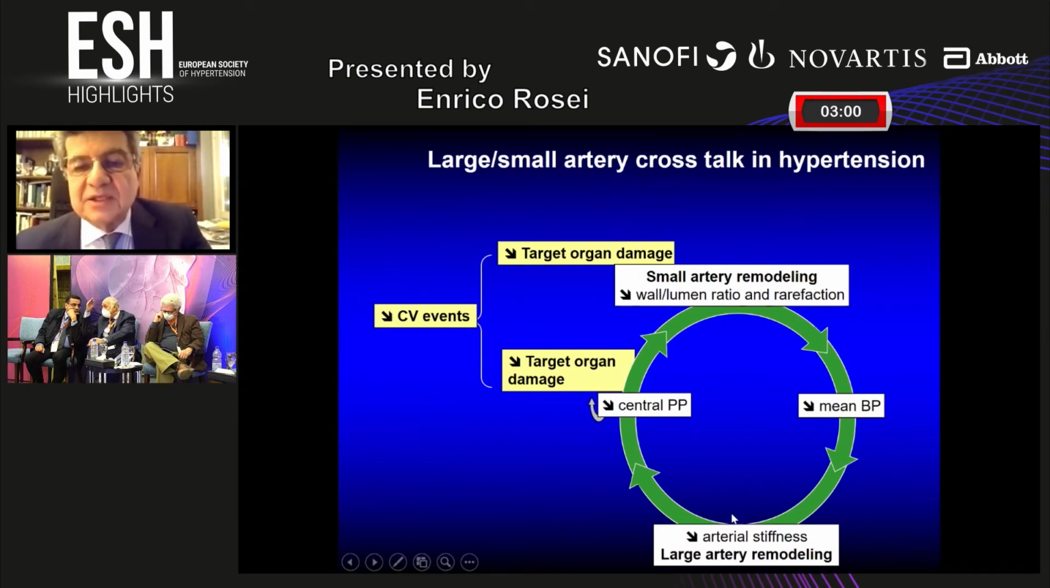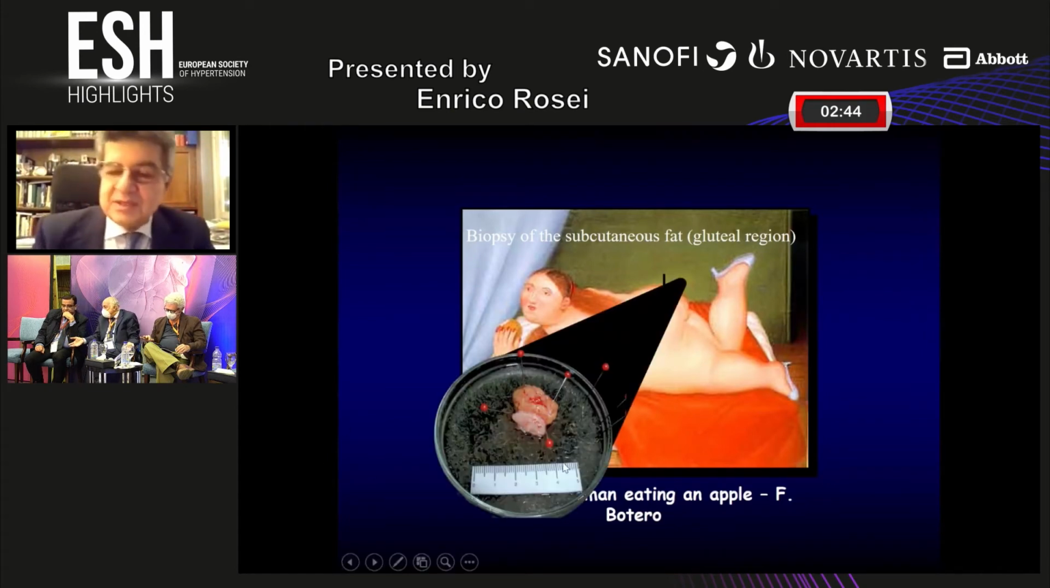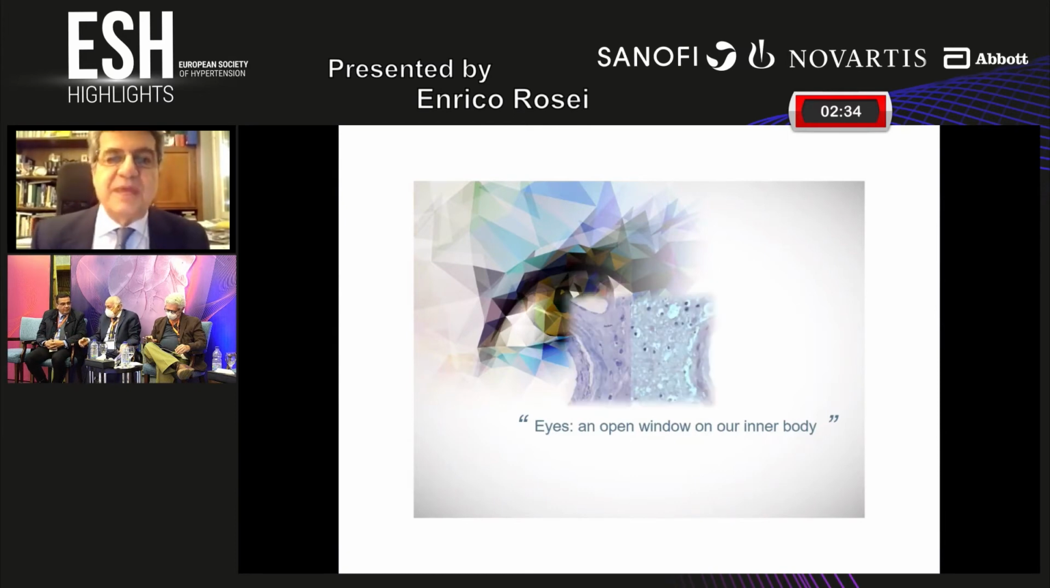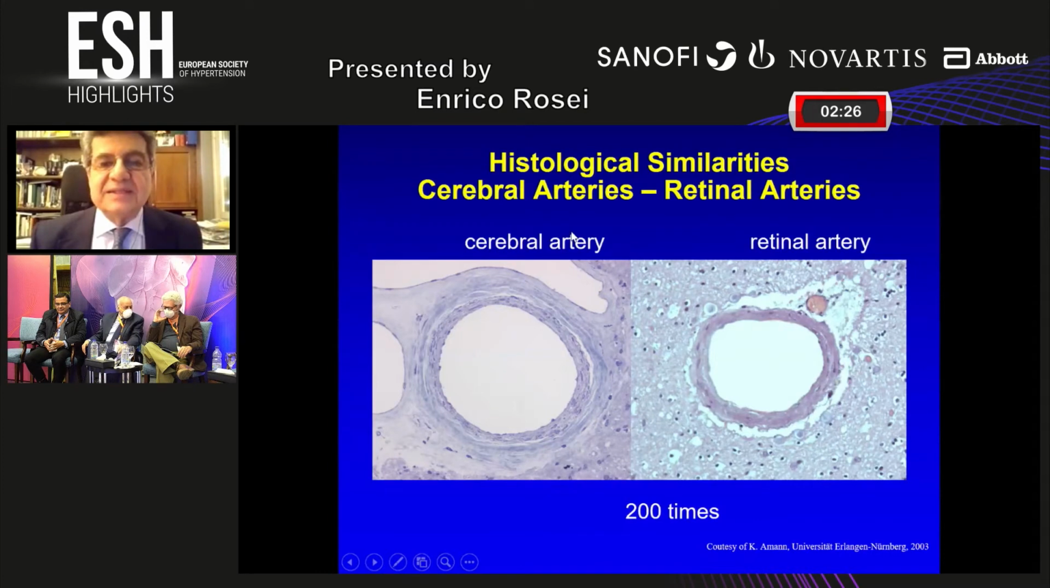Less reflection, less arterial stiffness. And this means less target organ damage and probably fewer cardiovascular events. However, as I said, the technique is invasive, although minimally invasive. What we need is something that is completely non-invasive. And the best vascular bed to assess microcirculation is the retinal vascular bed. We have to keep in mind also that cerebral arteries and retinal arteries share histological similarities and also some